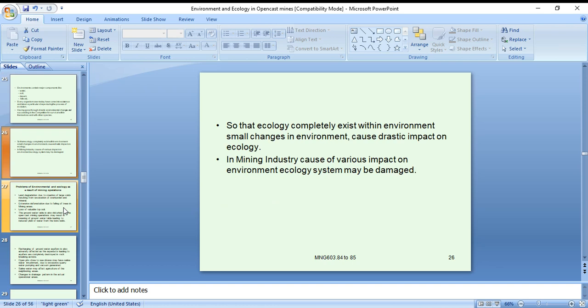So ecology exists completely within the environment, and small changes in the environment cause drastic impact on the ecology. It is a change of nature due to our activity. In the mining industry, various impacts on the environment and ecology system may cause damage.